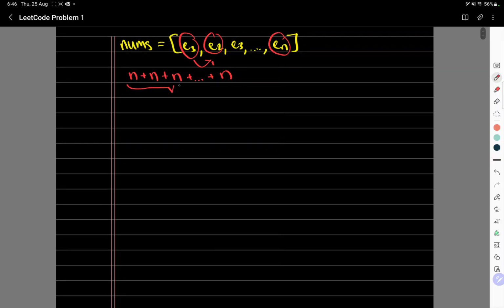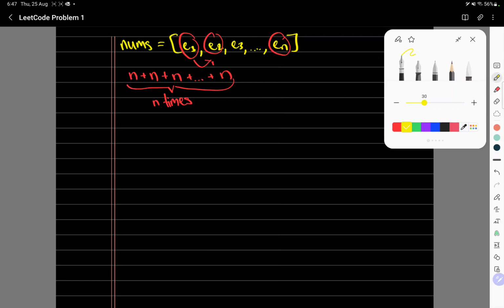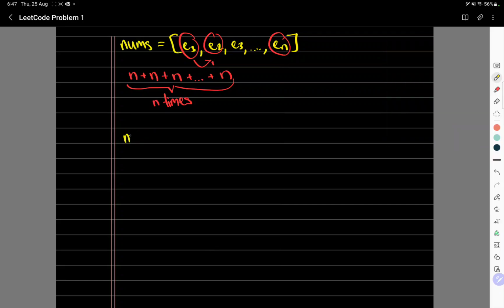And there are n different times where we have to add n. And as you can see, if we add n to itself n times, we have n times n, which is n squared time complexity. Now, my solution isn't too different. It uses, again, a nested for loop, which is very similar, but it uses a bit of a different technique. So if I write out nums is equal to E1, E2, E3, and so on,